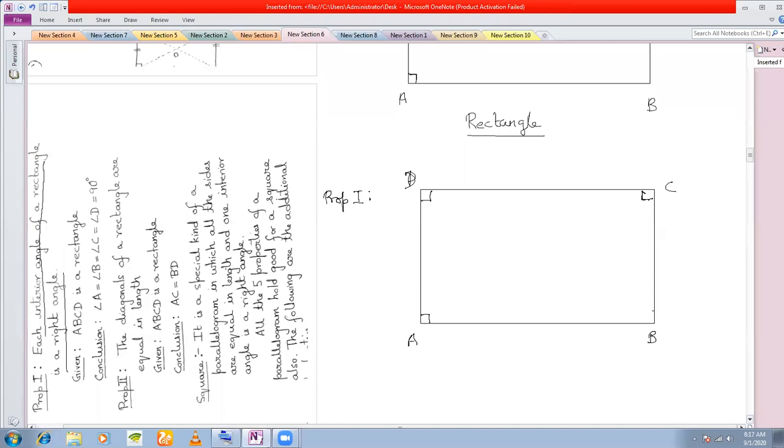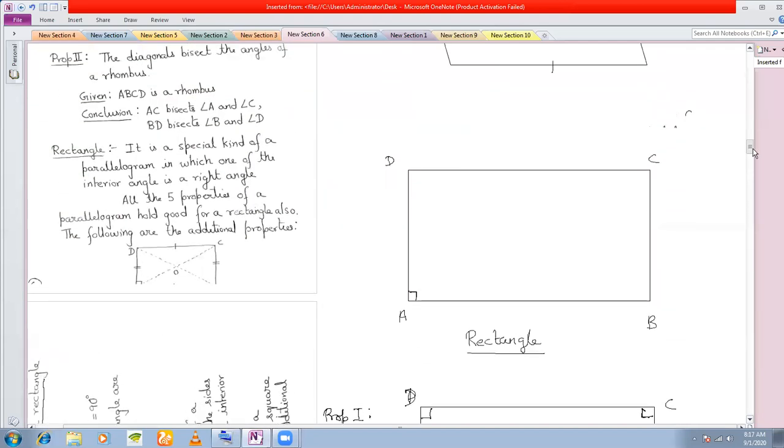And the question is, why are we deriving this from the property? Why are we getting this from the property? Because if you go to the definition, see what happens. This is a parallelogram in which one angle is 90 degrees, right? So all the properties of the parallelogram hold in the case of this ABCD also, because it is a parallelogram.